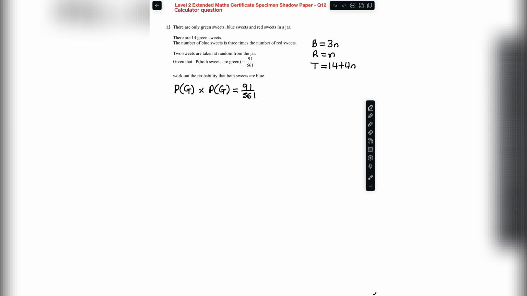So the probability of taking a single green sweet is 14 divided by the total number of sweets, which is 14 plus 4n, multiplied by the probability of taking another green sweet. Bearing in mind that the green sweet that was taken initially is not replaced, so we'd have 1 less green sweet. So in this case it'd be 13 divided by 13 plus 4n, and that equals 91 divided by 561. And after multiplying the two fractions on the left,